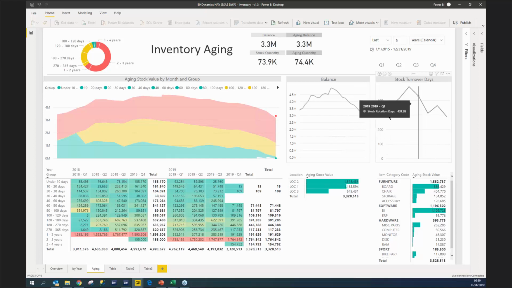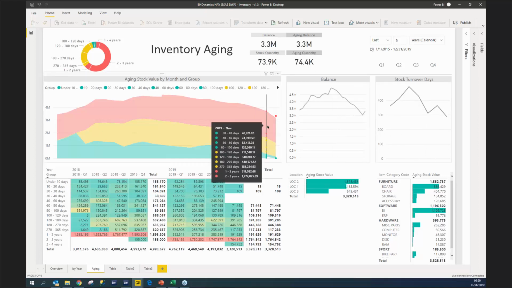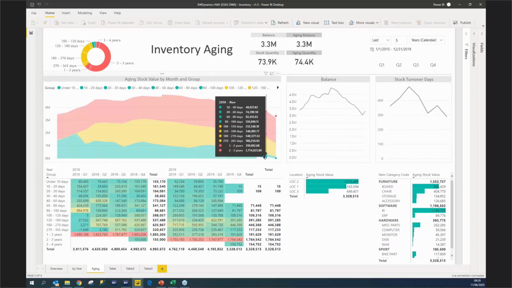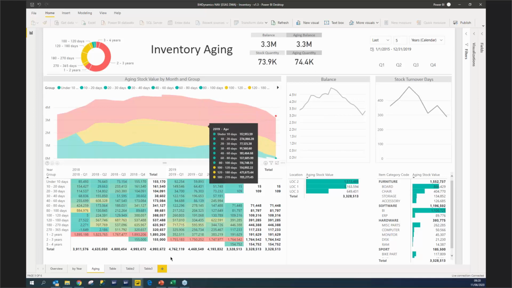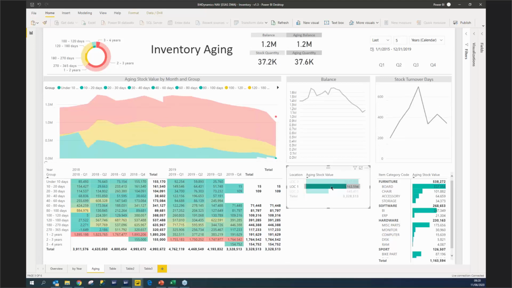The faster we are moving, the better it is. But actually what it shows here is that we are moving new items very efficiently, but not the old items. What means that old items are getting stuck and not moving anywhere. That's definitely not good. And if I want to track this by location, by item category, by anything, this is